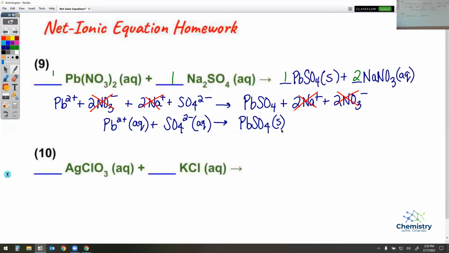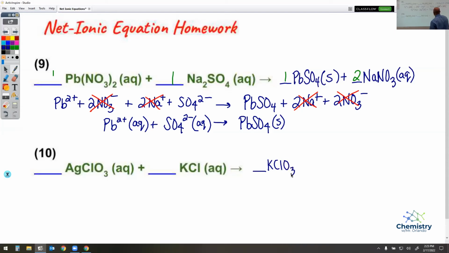Let's take a look at question number 10. We have silver chlorate, which is aqueous. So the rule says that most chlorate or all chlorates are aqueous. And of course, potassium chloride is a group 1. That's going to be aqueous. The halide portion of it is also going to be aqueous. So our products are going to be